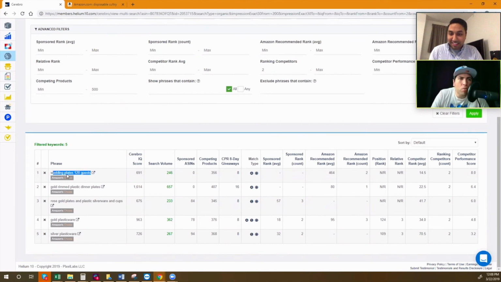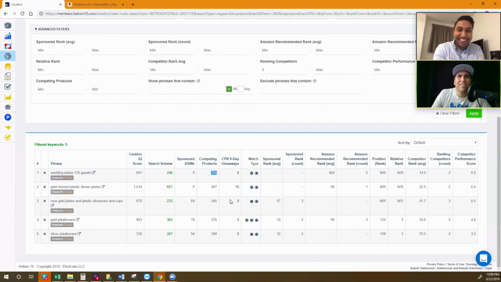This is a word that is not your product, so it's obviously not going to be the main keyword, but somebody searching for wedding plates, unless it's Ethiopian or Filipino food where you eat with your hands, is probably going to order some cutlery as well. So if your product shows up on this kind of search, you could get a sale. And look, there's only 356 competing products. You could win that in day 2.